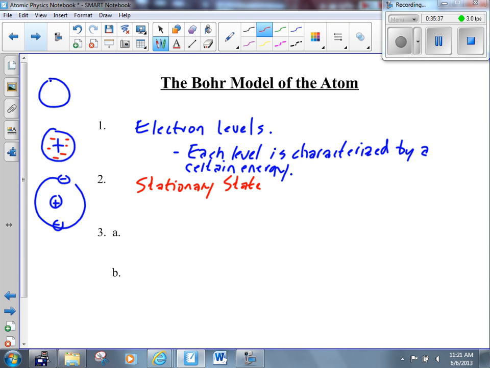Bohr just kind of ignored that. Kind of said, well, they just don't. It's as if they're not even moving. They are moving. They're orbiting around the nucleus. But it's as if they're not moving. It's as if they're stationary. Okay, electrons don't emit EMR as they orbit the nucleus,